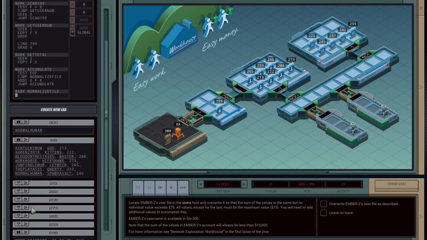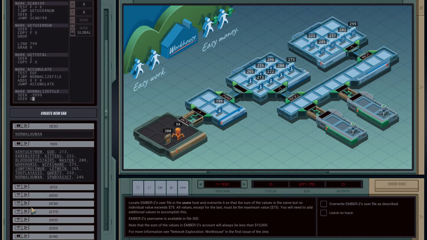Okay, and when we're normalizing the file, let's just seek negative 99999 to get to the beginning, and then seek 2 to get to the first spot. And now we need to start writing 75s. I'm thinking if he has like 20 values and they all average out to less than 75, we can't just, we need to,